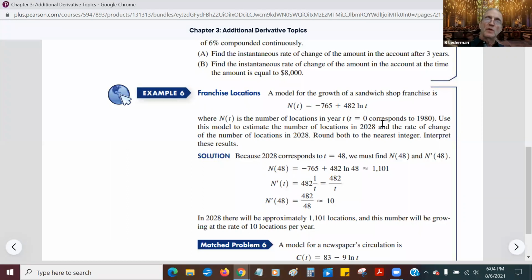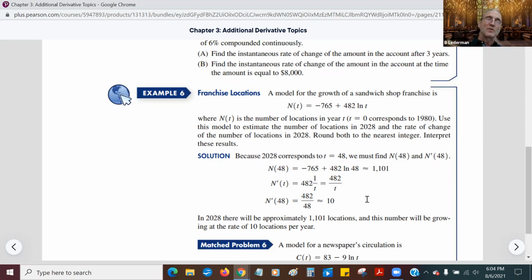Fine. So 2028, if 1980 is year 0, is year 48. So we just have to find N of 48 and N prime of 48. Well, N of 48, I just stick 48 into this formula, and I get roughly 1,101. And for N prime, if I take the derivative, the derivative of negative 765 is a constant, it disappears. This just becomes 482 divided by t, because that's the derivative of ln t. And I just plug in t equals 48, and I get roughly 10. 482 divided by 48 is roughly 10. So in the year 2028, there'll be approximately 1,101 locations, and this number will be growing at the rate of